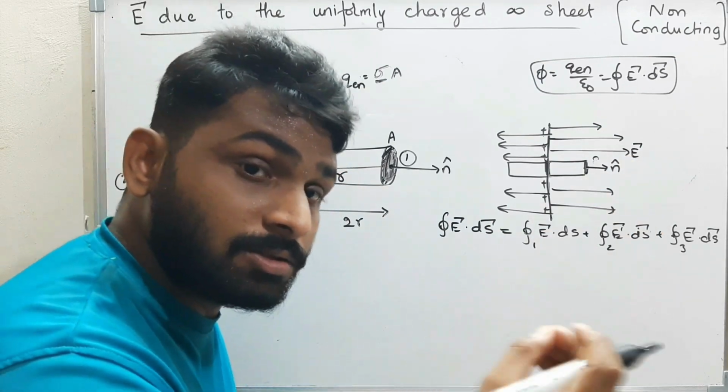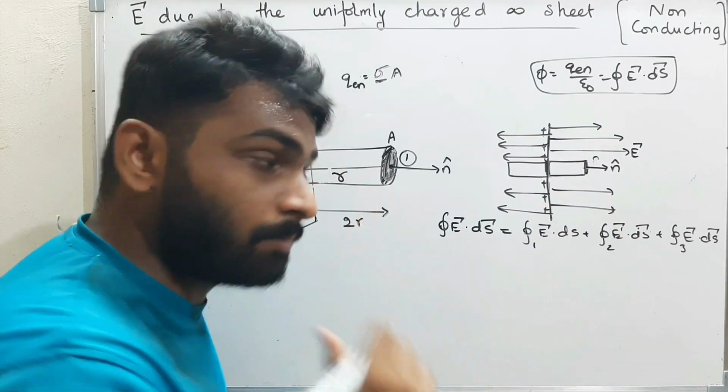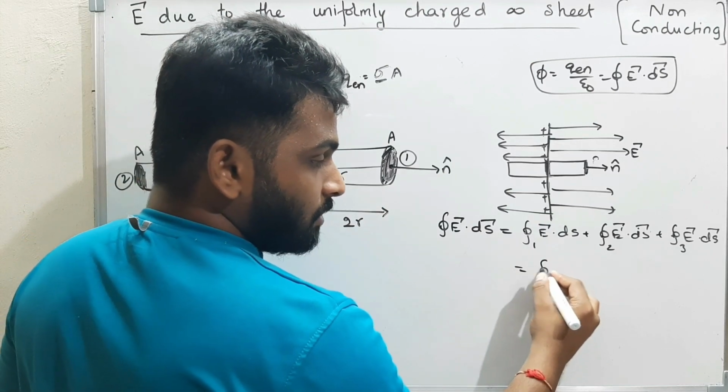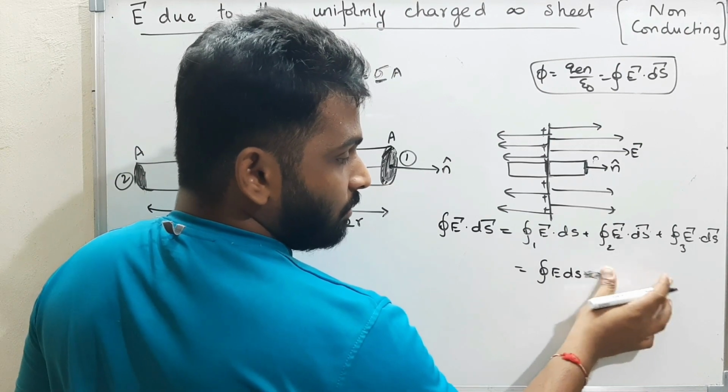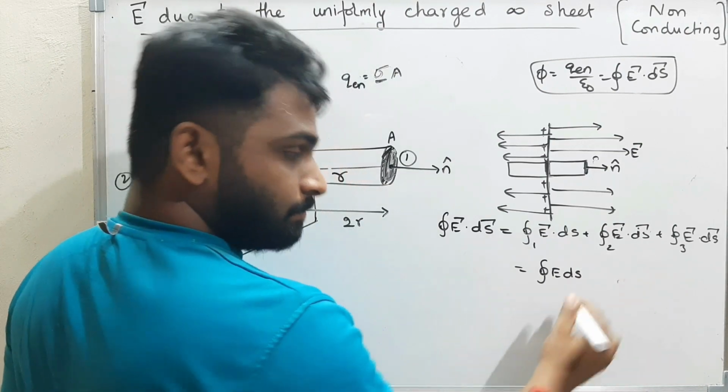That means the angle is 0. If the angle is 0, cos 0 is 1. Therefore, the surface integral of E ds cos 0. Cos 0 is nothing but 1. Plus,